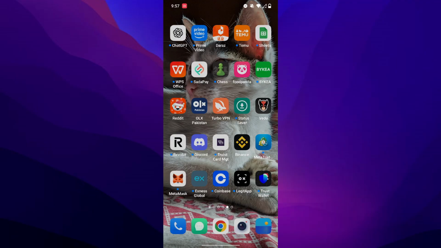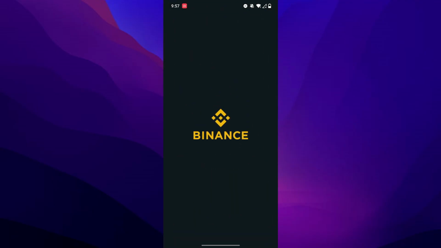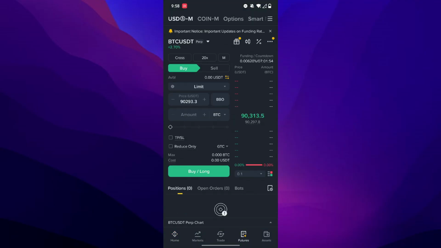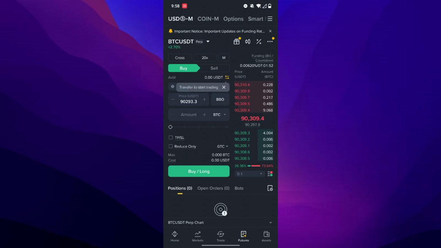First, open your Binance app on your smartphone or tablet and go to the trading section. You can choose either futures or spot trading depending on your preference and experience level. Make sure to follow along carefully so you don't miss any details, because picking the right environment sets the stage